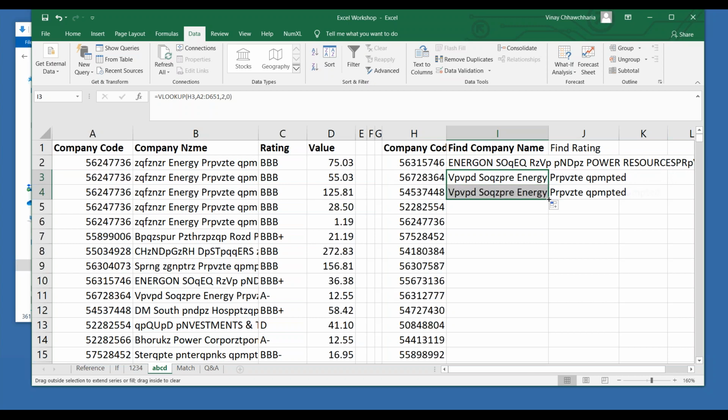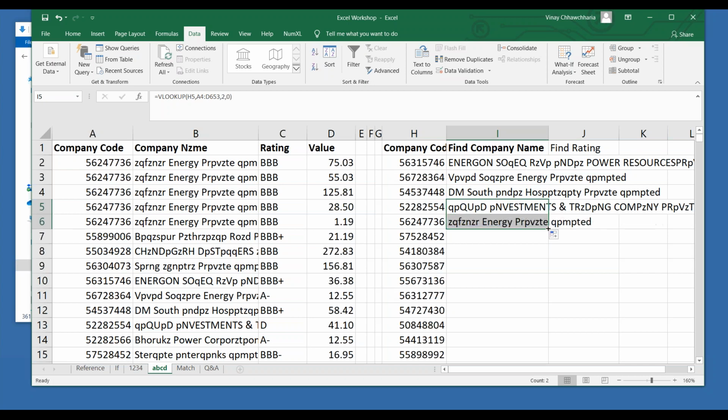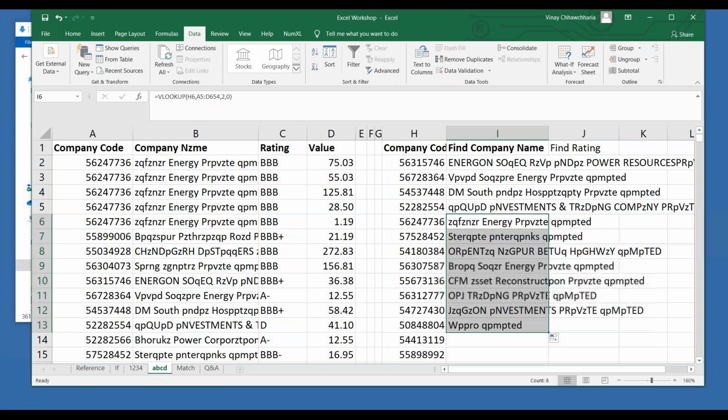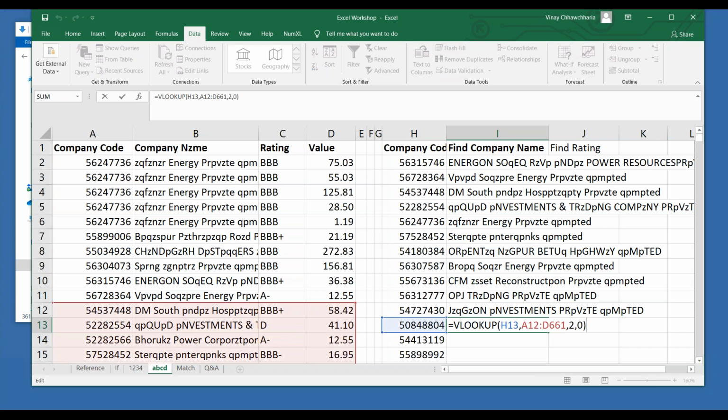So why all the fuss about putting dollars and everything? Getting the answer. I'm still getting the answer. So in all these cases, I'm getting the answer because, but you see the table is shifting down.